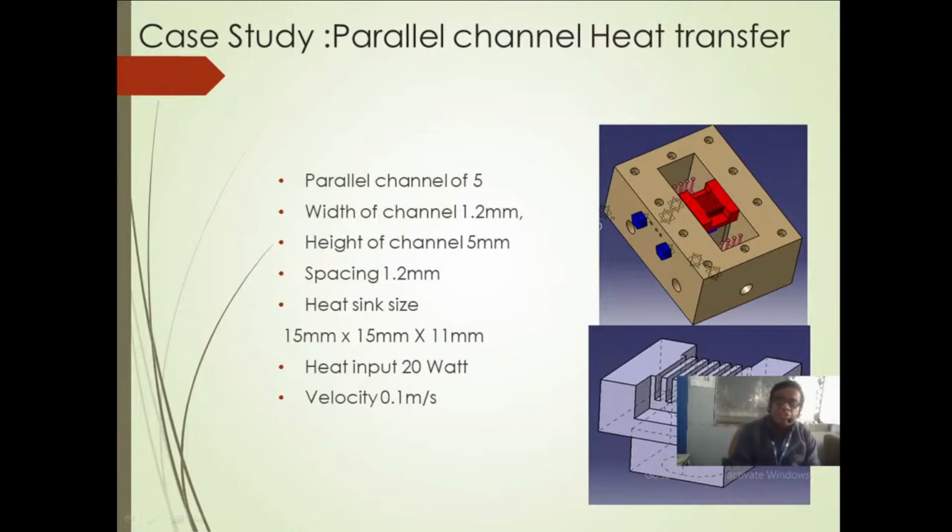Being a CFD engineer, whether I am going to select this assembly model, which is an assembly with different sensors already attached, or the second part which is only a workpiece, I have to decide, because a CAD engineer can give you a big drawing, but as a CFD engineer it is your duty to decide what kind of domain I want to simulate and what kind of result I want.